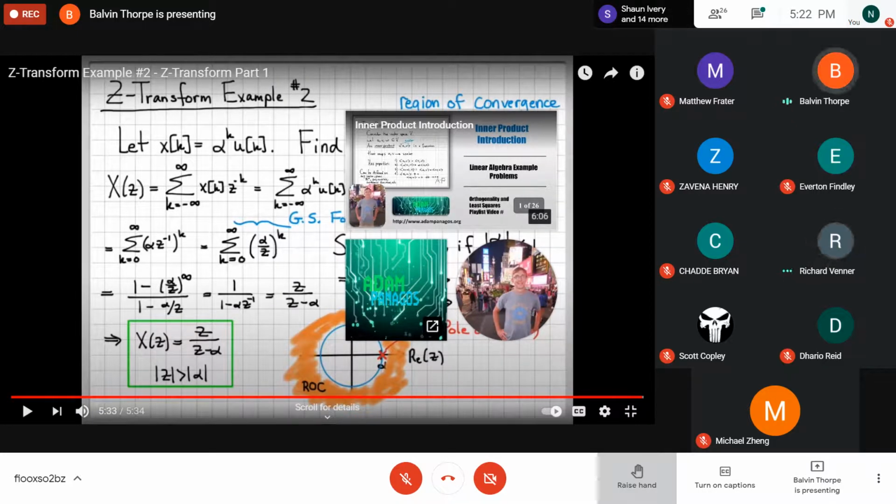Excuse me, sir. Yes. Question about the region of convergence. Just for clarity, what you're saying is that whatever is inside the unit circle does not exist for the discrete time, is what you're saying, and we're trying to use z transformation to help to show these times. That's correct. That's absolutely correct.